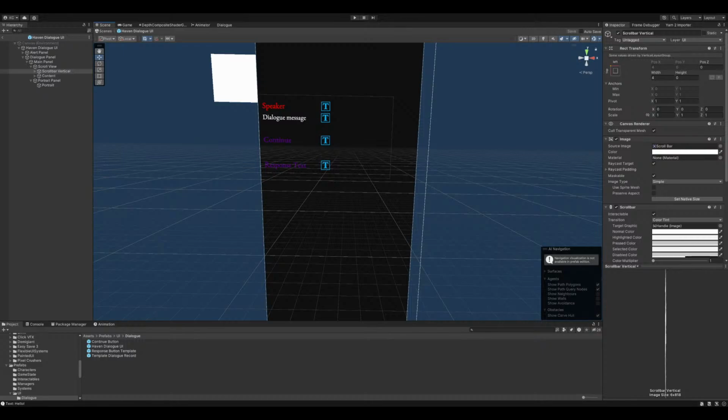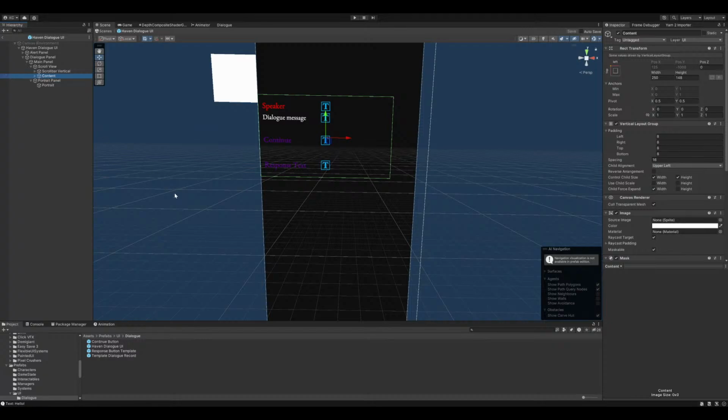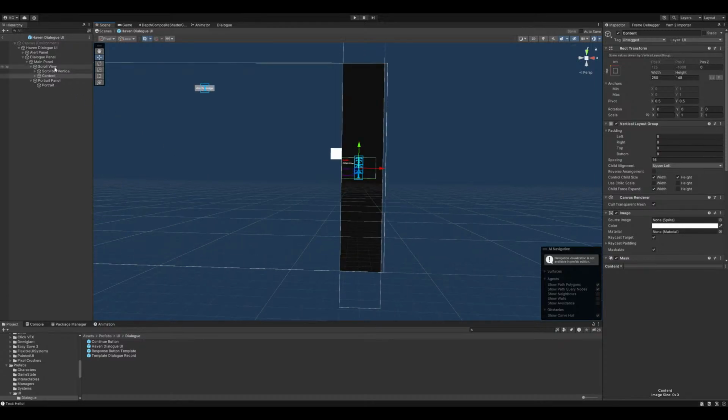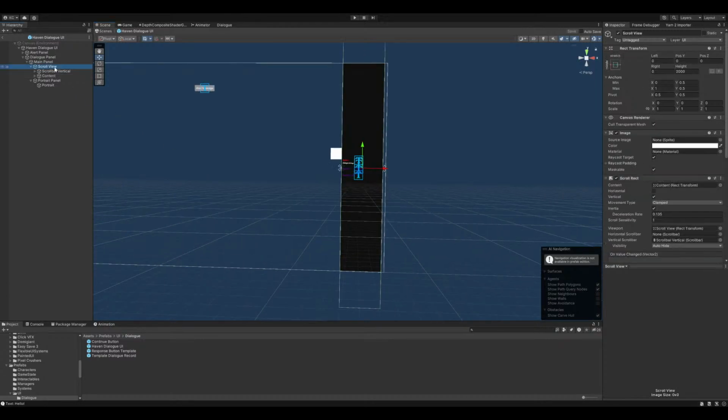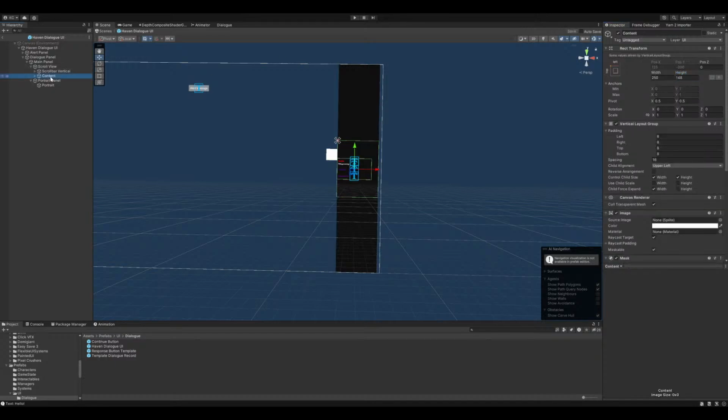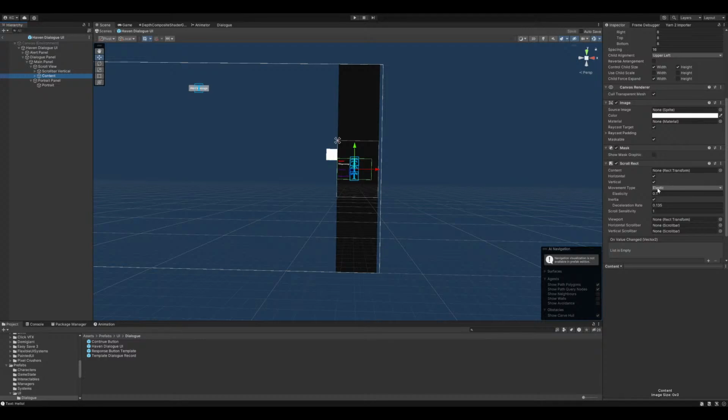And as I understand it, the way that this is supposed to work is that this content should become scrollable when it exceeds the size of its parent rect transform, which is in this case the 2000. Okay, so that is probably the issue. So we want this to be like here, and what will happen is if this is, let's say, 400, then when this content rect expands outwards, because its content size fitter has